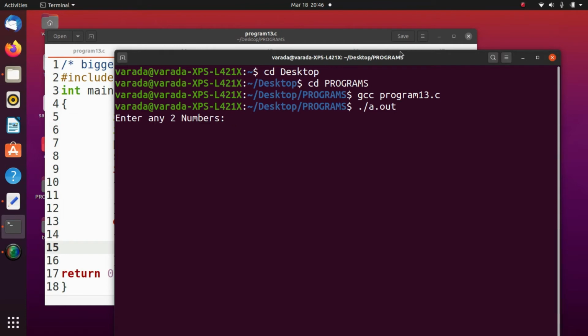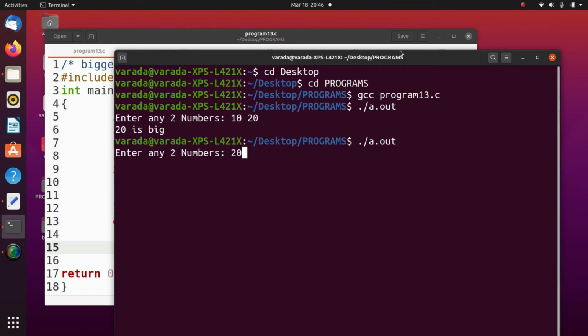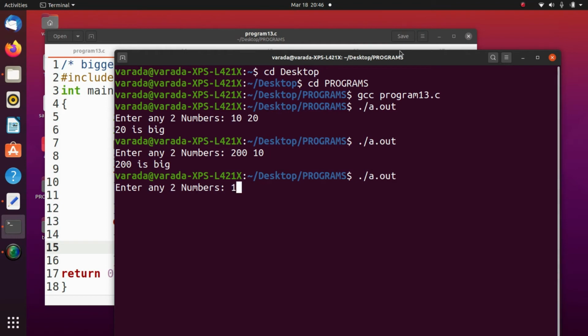Enter any two numbers. Enter 10, 20. It displays 20 is big. That means the second number is big. I execute another time, 20 and 10. Now the first number is big. 20 is big. If I give 10 and 10, both the values are the same, then also it returns 10 is big.